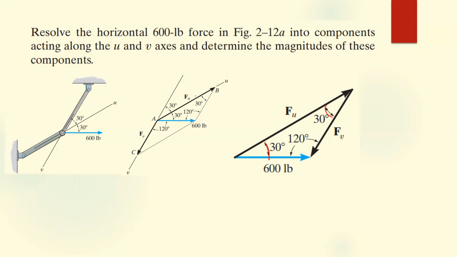All right, so we have 30 there, we have 30 there, and then we have 600 there. So it's easier for us to use the sine rule because the sine rule states that if you have FU there, then you have the angle there. Let me explain it before I display the answer. So you're going to have something like FU over sine what? The opposite angle to FU is 120. So we're going to have sine 120 degrees. Then this will be equal to, you get one of these sides which has